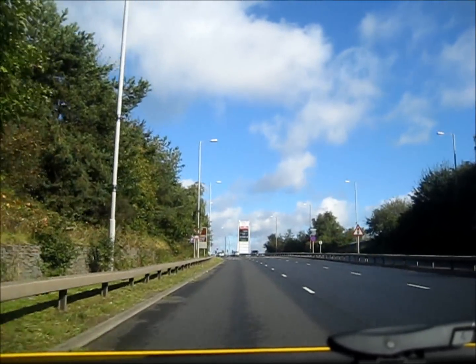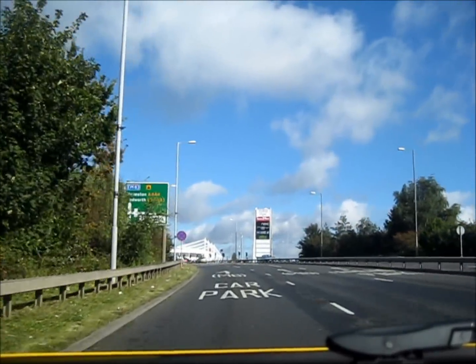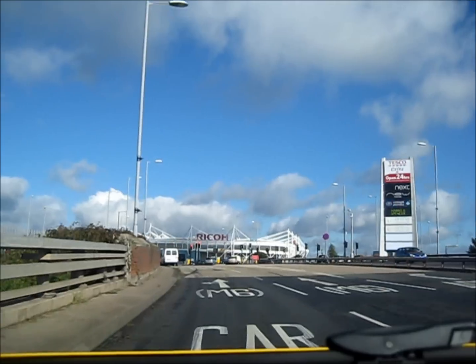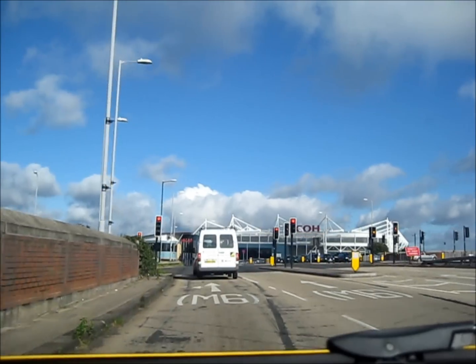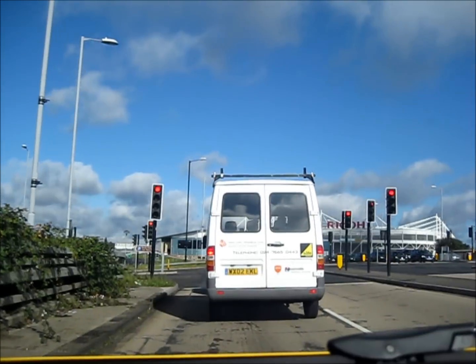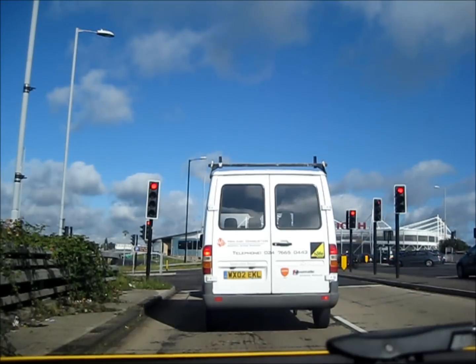We're on the approach to the Ricoh Roundabout, where we're going to follow the road ahead for Nuneaton, signposted Nuneaton. So in this left-hand lane we've got a major set of traffic lights coming up, and you'll see that the lane markings say M6, so we want this left-hand lane to begin with. And I'm gently pulling up, having checked my centre right mirror before I slowed, keeping tyres and tarmac behind the